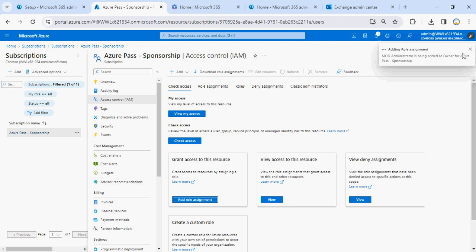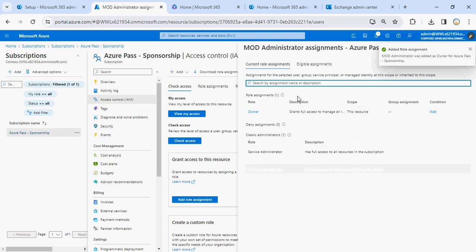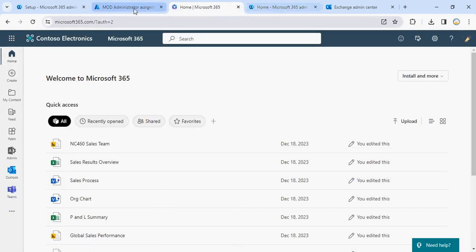And once the permission is assigned here, I click on this my access, and then I will be able to see, right, if I got the owner access. So now I am the owner. Now we have to go back here. Sorry, we have to go back here,